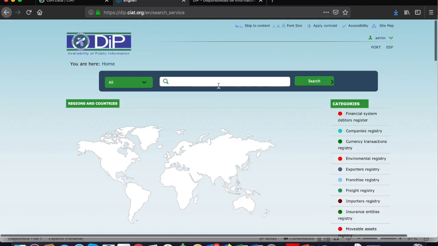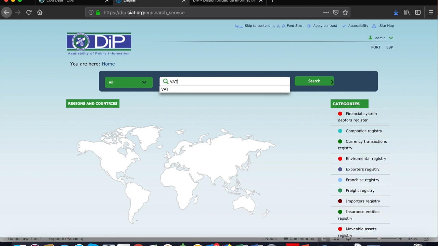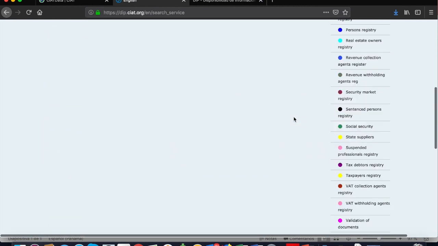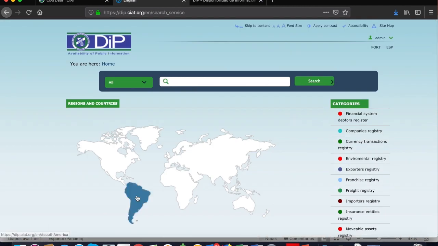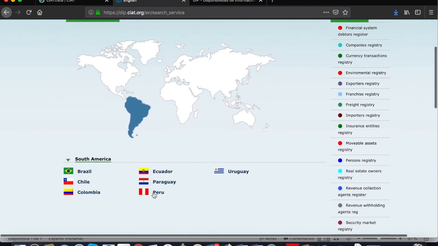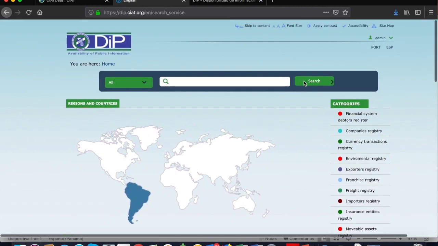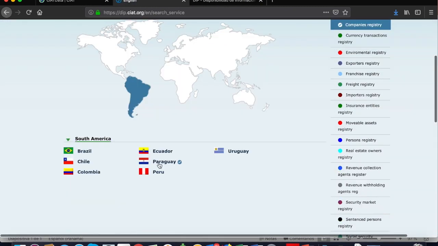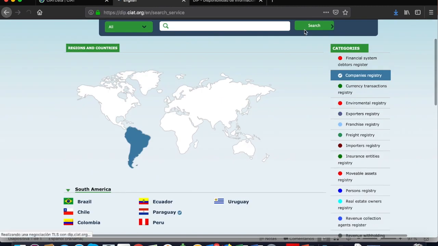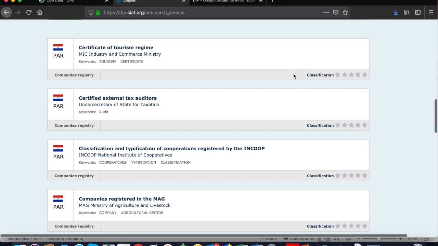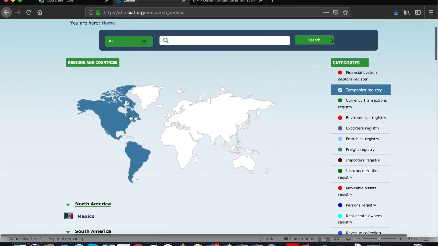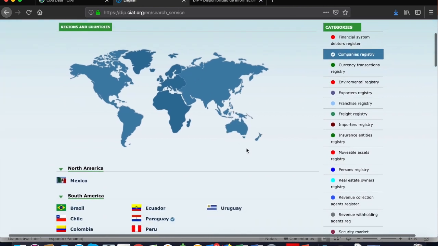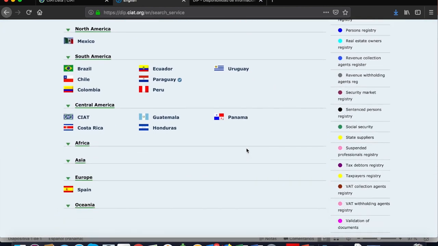You can also search information through the browser. As an alternative, if the information you are looking for is related to a particular country, you can make the search by countries. It is also possible to make combinations of filters. Currently, DIP contains 219 sources of information, from 13 different countries, from Ibero-America, classified in 24 categories.